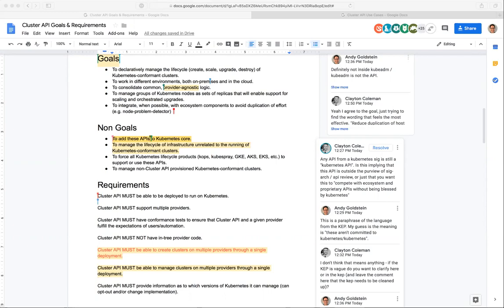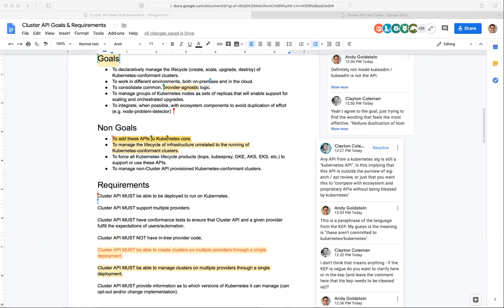But don't you think that anything coming out of the Kubernetes organization should follow at least the API conventions and do some API review type of things? I mean, we don't want to be building APIs out of a SIG that are completely in conflict with the overall project. I would love review, but if they're totally in conflict, I would argue we were doing something fundamentally wrong. Exactly. Yeah, I agree. I think the balance too is, at this stage of where we are with Cluster API, it doesn't make sense to block development waiting on API reviews for all of the API changes that we're looking to do.